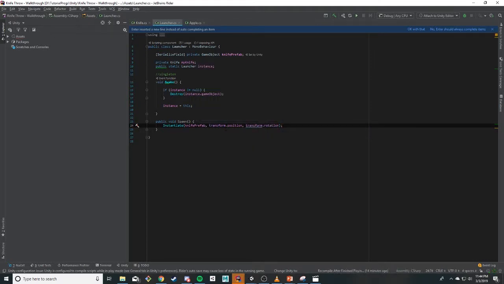And one thing that we'll also do is this will actually return. So if you click right here, you'll see that it returns a game object. So we are going to cache that reference as our knife. So my knife equals instantiate, and this is going to return the game object, but our knife is of type knife, so